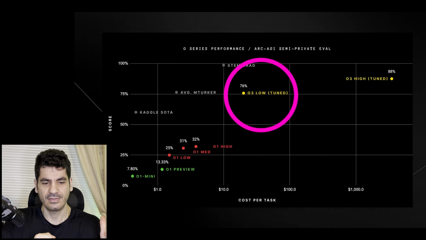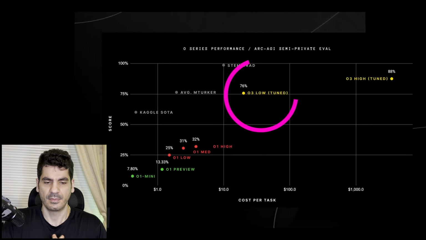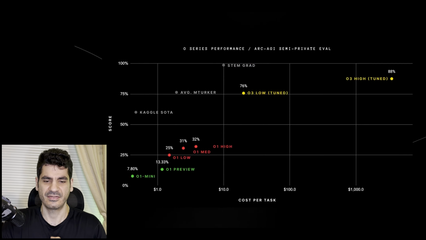And as you can see, there are basically 3 different versions of this O3 model: low compute, high compute, or the medium intensity of computation. The low one can achieve 75%, and then the high compute will actually reach 87%, surpassing the human. If you look at the chart in here, on the x-axis we have the amount of compute that is put towards it, and then we have the score on there. So the average is around, as I said, 76%.